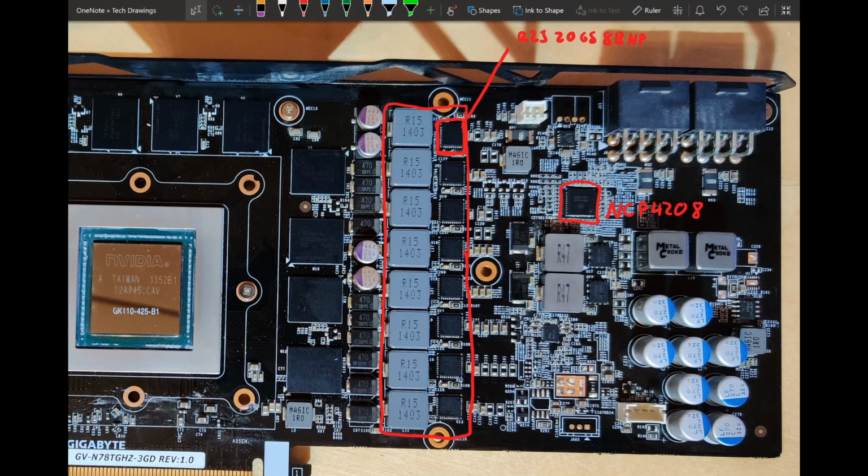So yeah, that's kind of a disappointment that these DRMOSs are just 40 amps. I was hoping they would be 60 amps, because the GTX 680 SoC had 60 amp DRMOSs, 8 of them. So I was like, hey, maybe they just used the same VRM on this card, but no, they didn't. They swapped out to some cheaper ones, which is a bit disappointing,